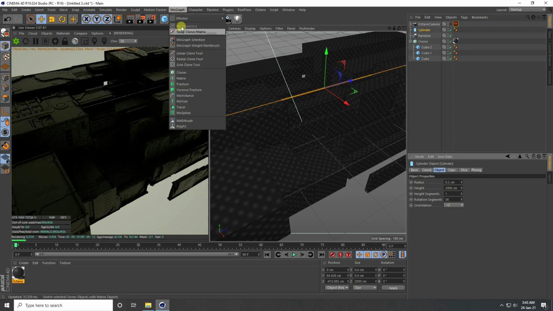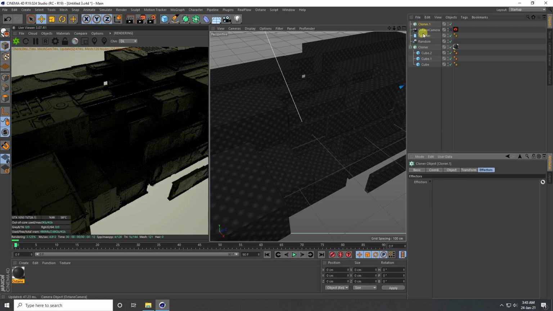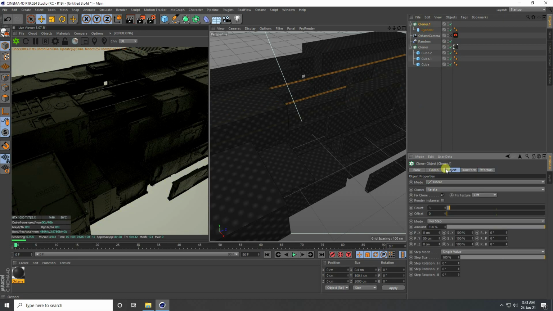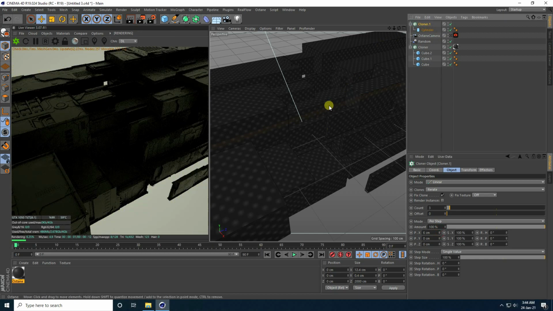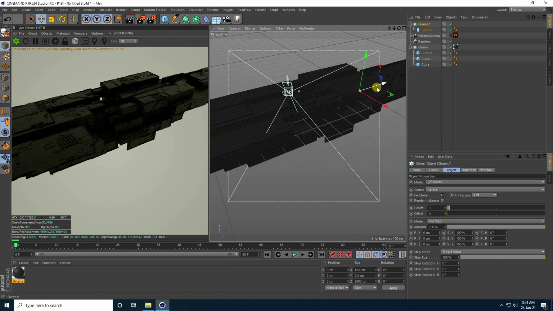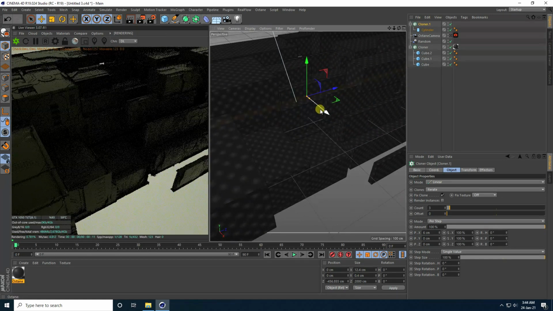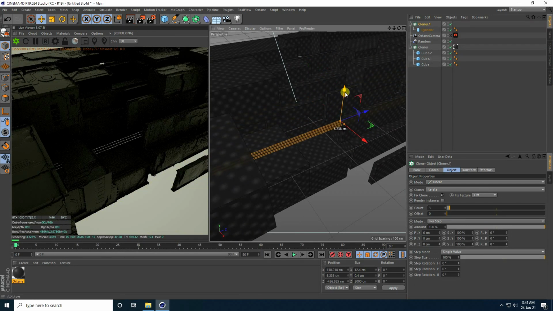I also take a cloner, select this cylinder and make it a child of the cloner. Select this cloner and change the position like this.